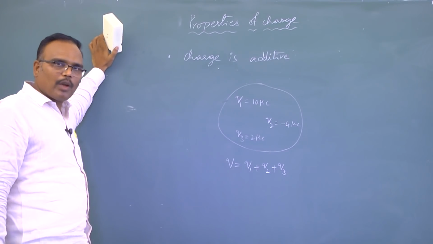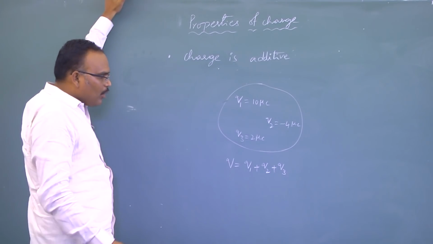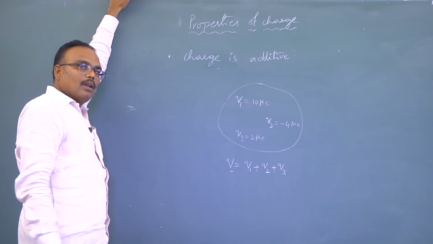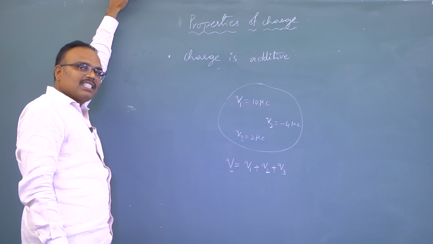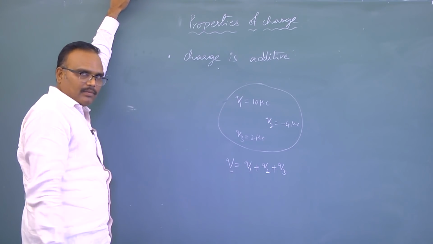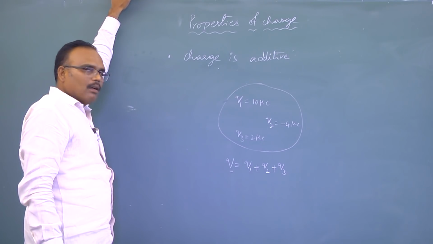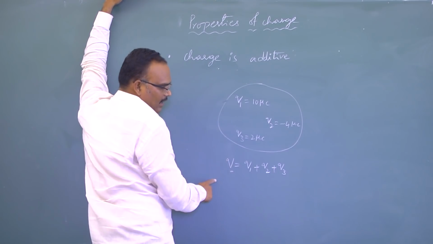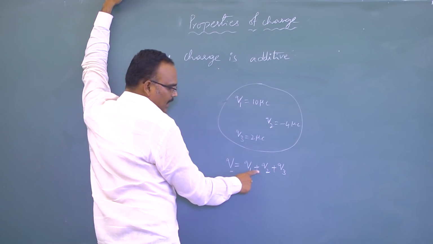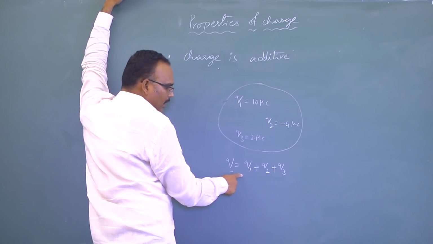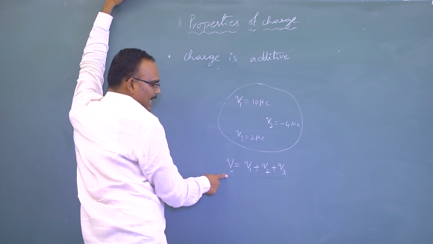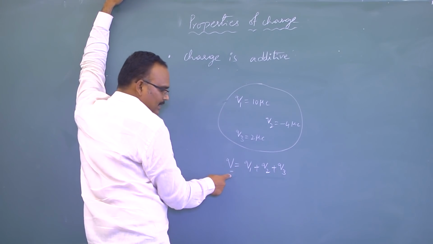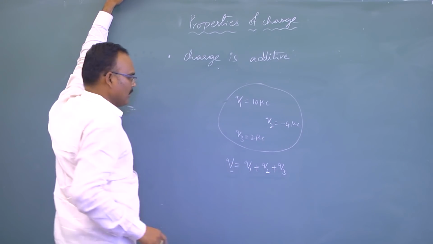Here we have to remember one more important point. When you are calculating a scalar physical quantity, we need to take the sign of the charge. That is important. See here, charge, scalar, scalar, scalar. If you add all, you will get again a charge. That means the end result is a charge, which is a scalar quantity. That's why we must take the sign of the charge.